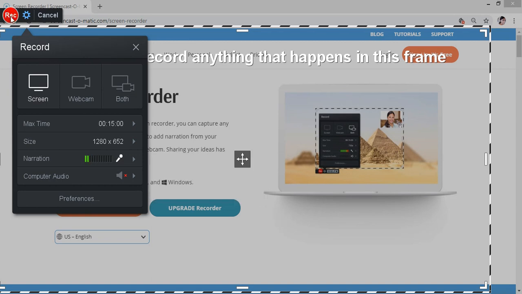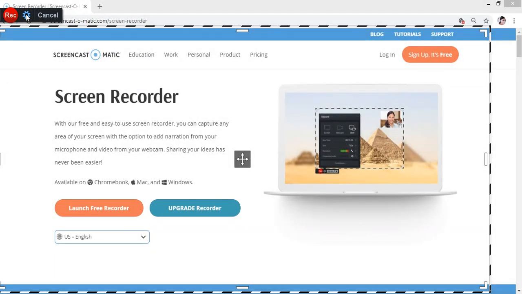When I click this record option, it will start recording. This cancel button is if you don't want to record, or you want to close the box, the cancel button will help you to close the recording. Here this black box recording option is shown if you click the settings option.